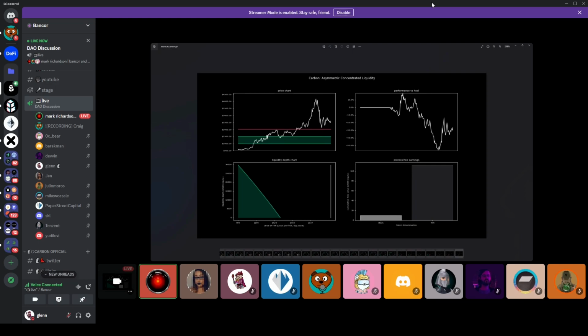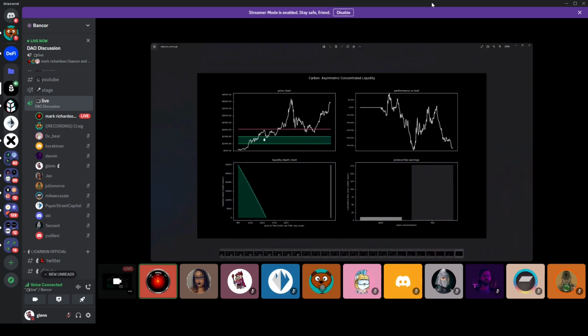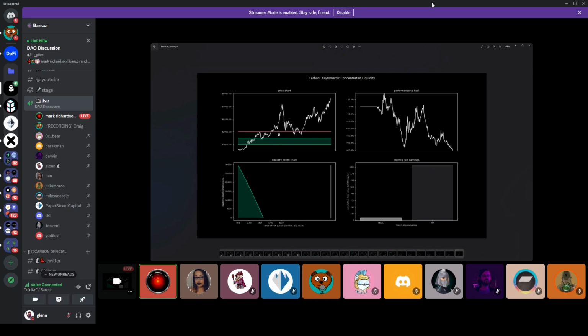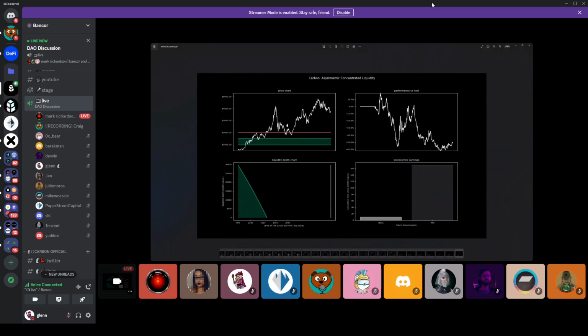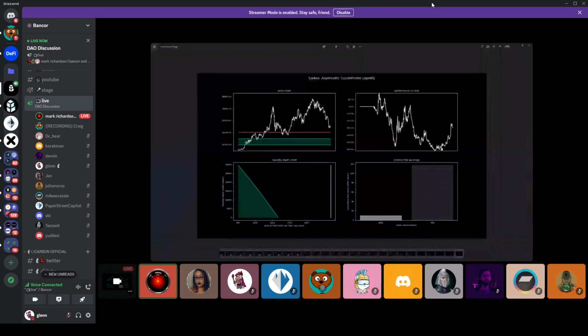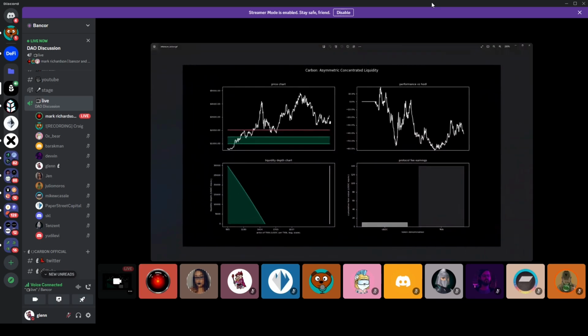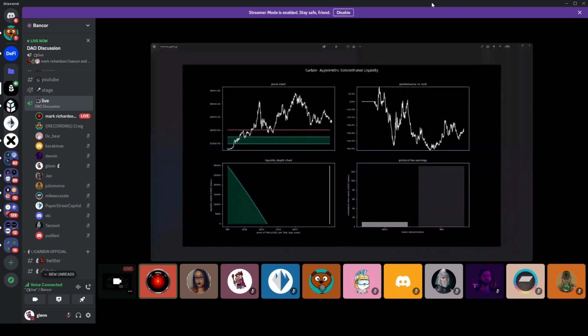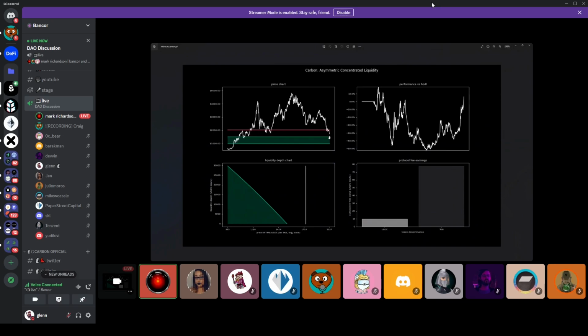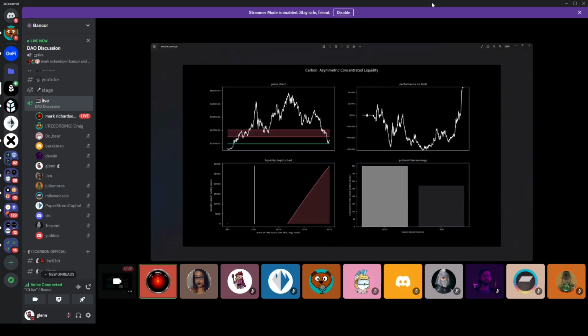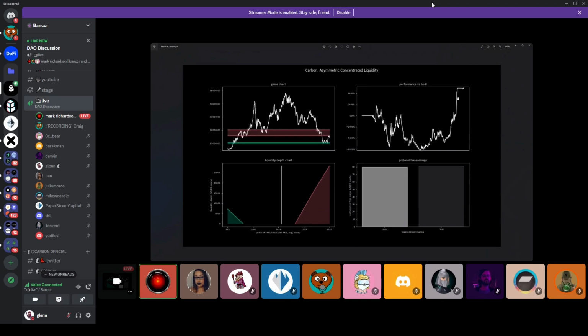Now, Carbon has the same folly as other concentrated liquidity protocols. Of course, you would have done better holding ETH rather than selling it. But as 0x has already pointed out, a lot of people would have missed this top, right? And so selling it back here at like 2K is not necessarily obscene. So yeah, maybe you're crying here, and on Carbon you still would have been at a minus 60% had you sold everything here. But then you'll see as this comes back down, because it waits to buy back here, you can see that actually we've ended up at about a plus 45%